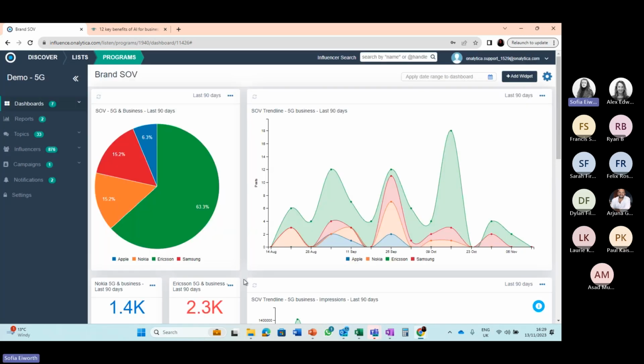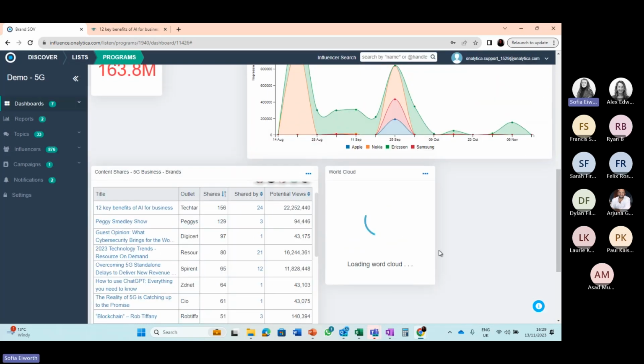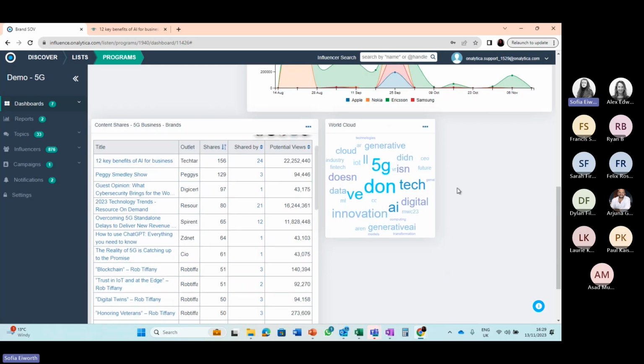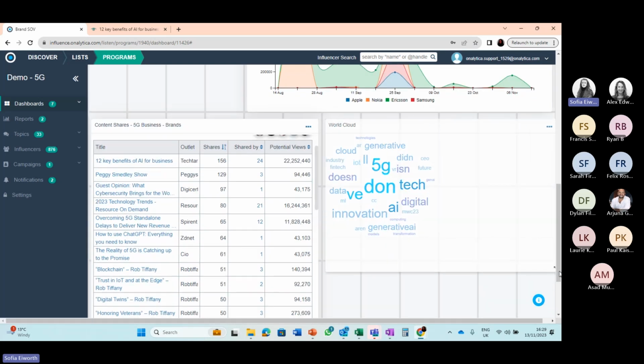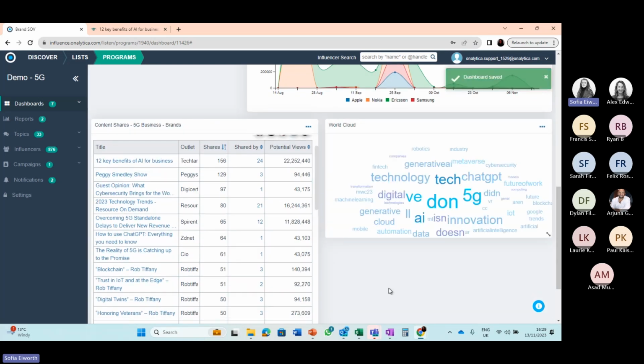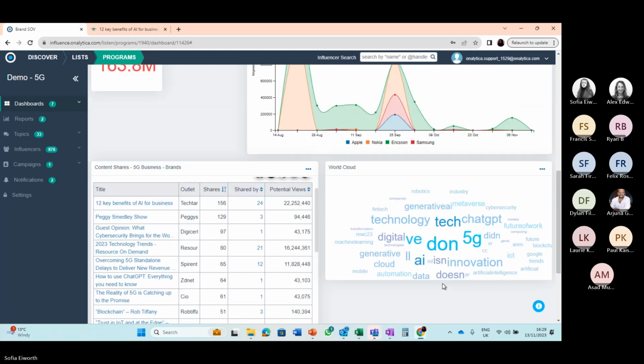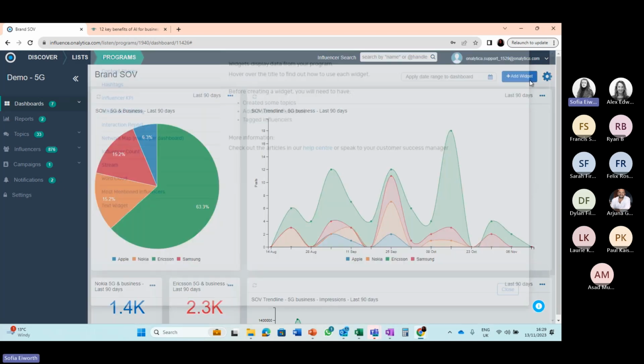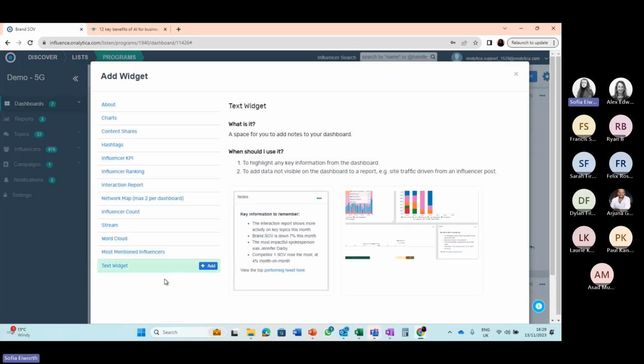So that can be good to use in a number of different use cases. For example, if you're looking at a group of people or an individual and just want to see what they're talking about, whilst maybe you're collaborating on a campaign, and see, because a word cloud, as I'm sure you're all familiar, the larger the word, the more time it has been used. So yeah, and I think